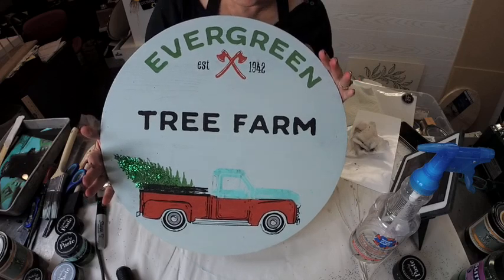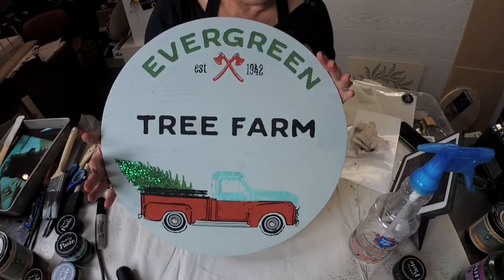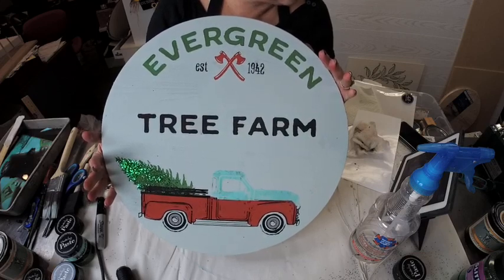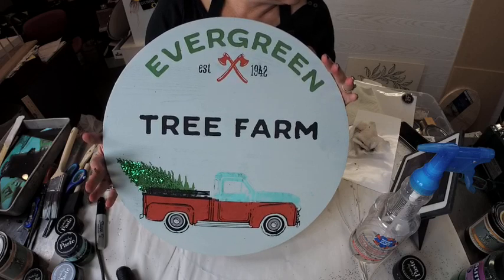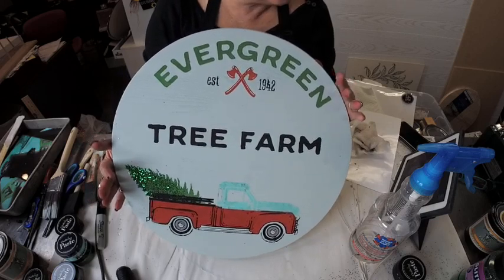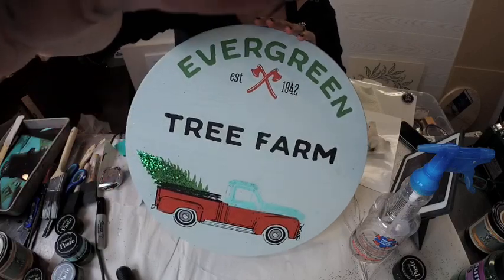And I have a glitter tree in the bed of the truck. Look how fun. But you guys can make this just like I did. You saw how quickly it went. And I just want to encourage you